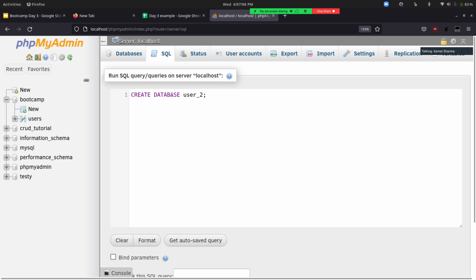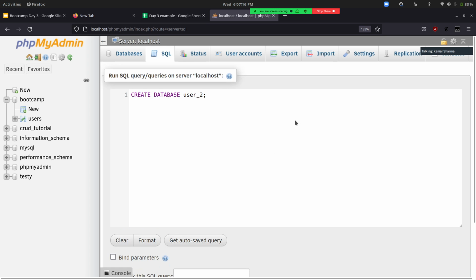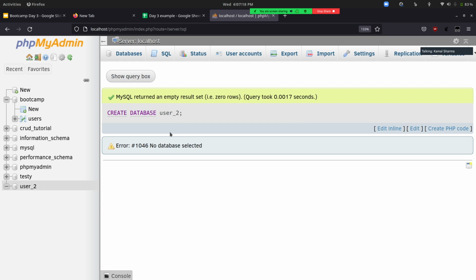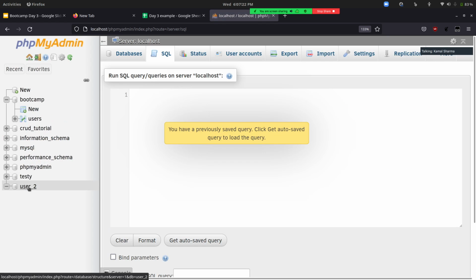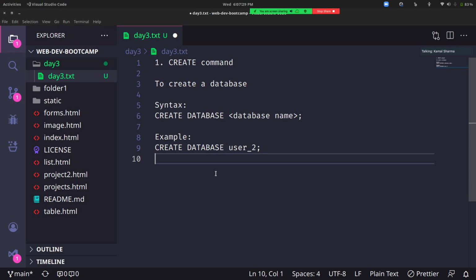So I'll just paste it, and to execute it, I can just scroll down and click on go. Another way to execute is to press Ctrl and Enter. If I refresh this page, you can see that we have this user underscore 2. So this is how you create a database using the create command.